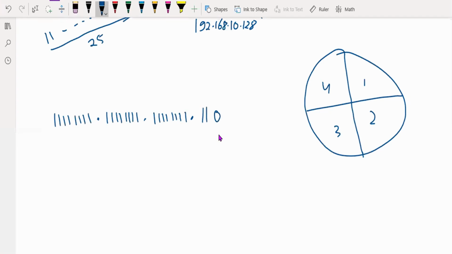In the previous case I gave only one in this place, and now I am giving 2 ones.